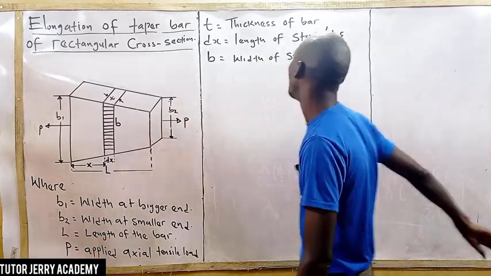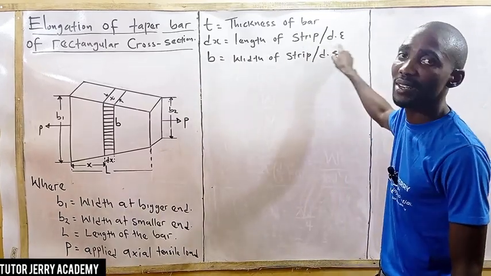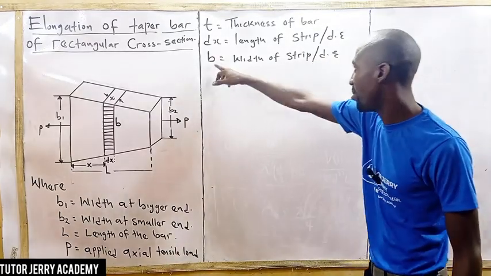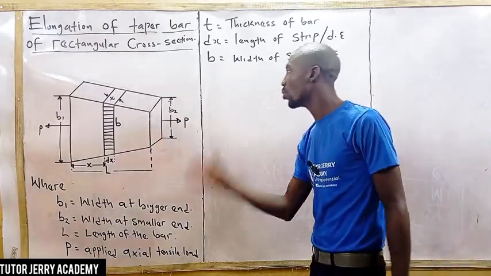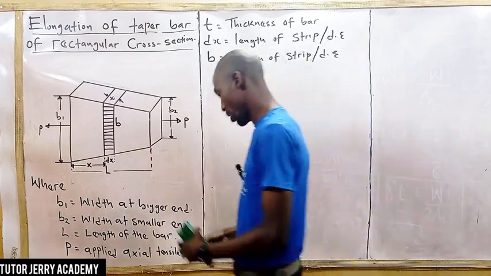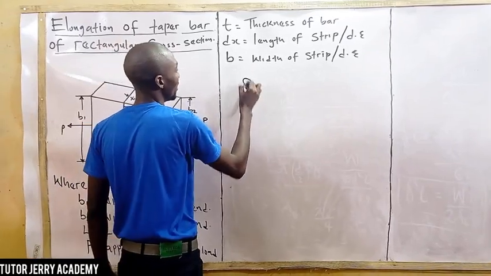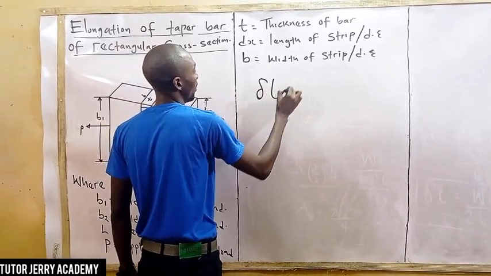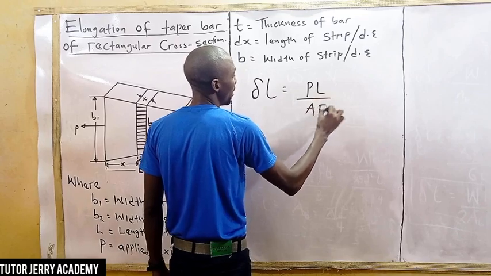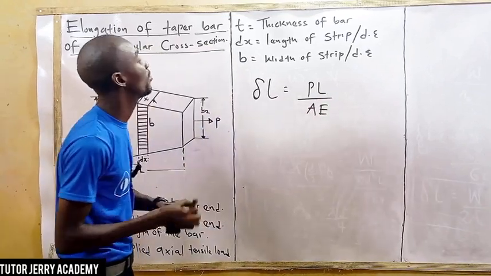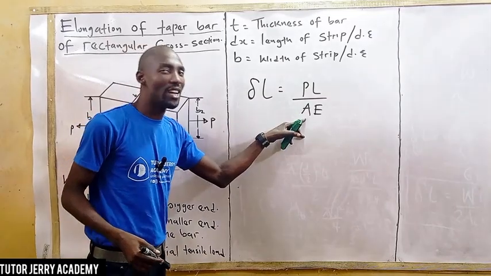here. All right, so now dS here is equal to the length of the strip, or differential element, and B here is the width of the strip or differential element. So for us to do this, we know from the deformation formula that delta L equals PL all over AE. We would have applied this formula directly to solve this, but we will have a problem with